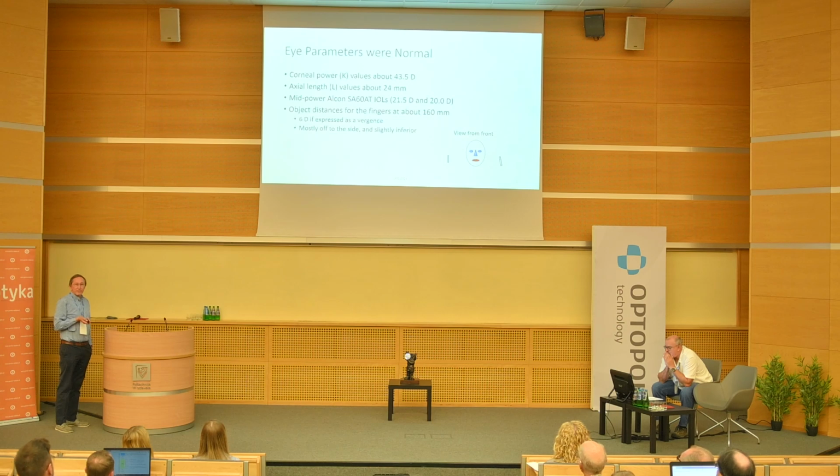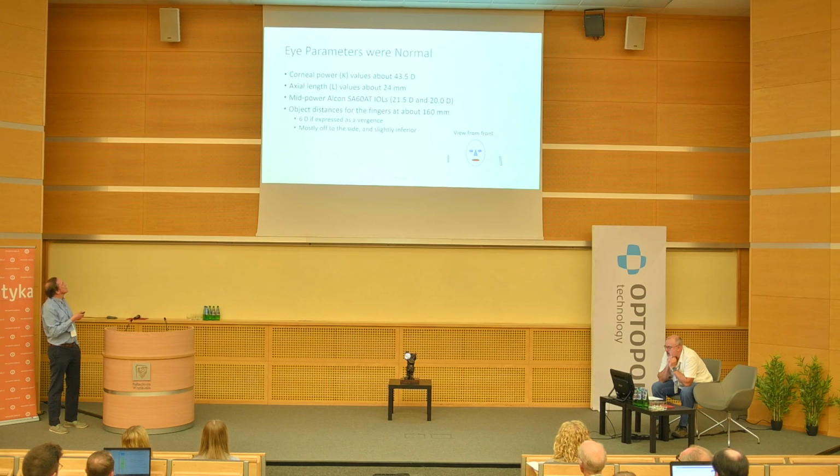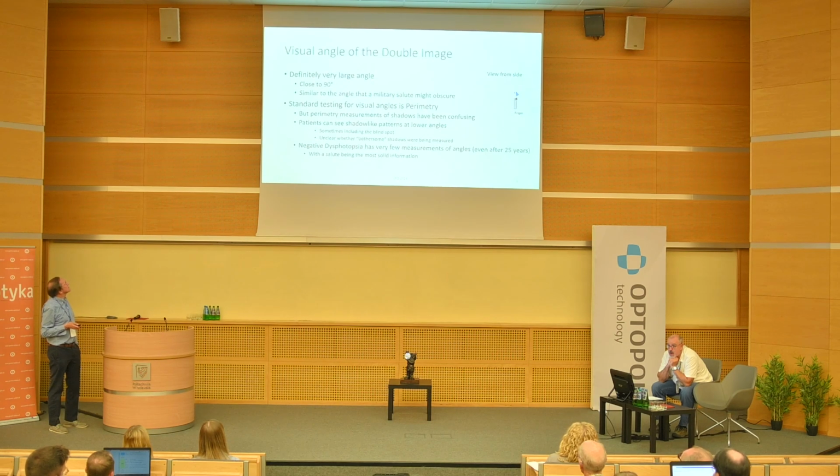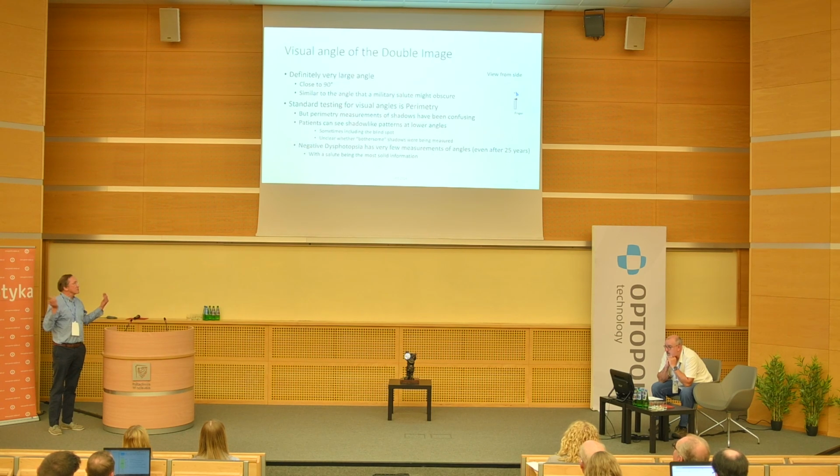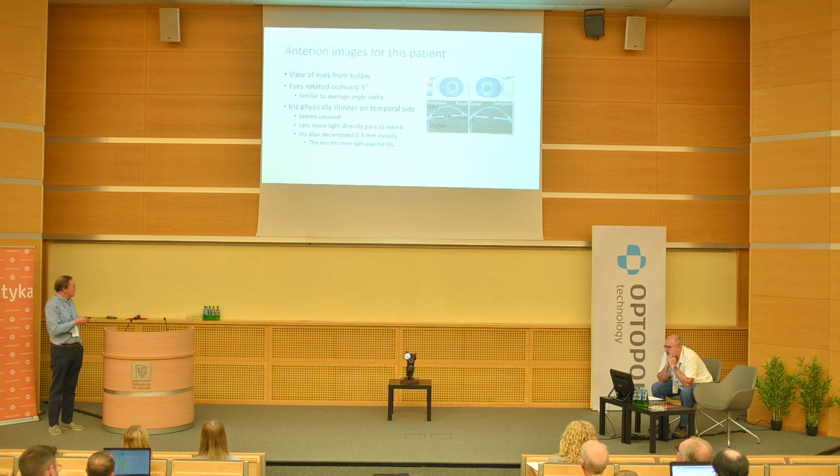And the eye parameters are relatively normal. Normal axial length, normal corneal power, these were mid-power, Alcon, non-aspheric IOLs. And the object distance was kind of about here, so a very close object, so definitely very large. But the standard testing for vision in the periphery is perimetry, which only goes out to 90 degrees. And there are some papers in the literature